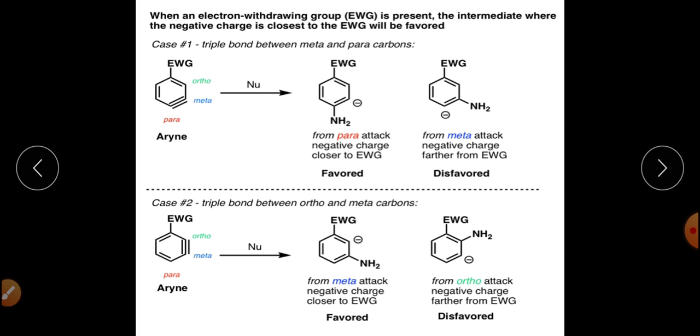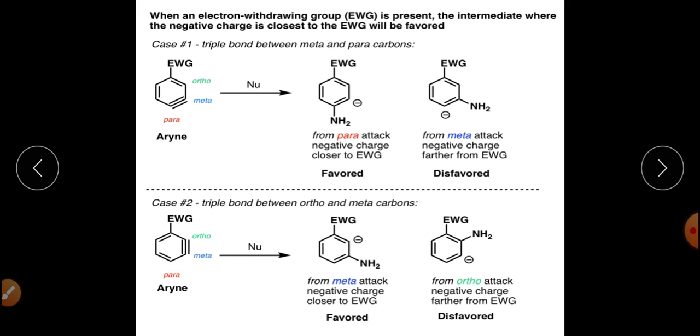Now, what will be the stereochemistry of the product? What will be the direction, if we are talking about the major and the minor product formation in this mechanism? How can we predict which product will be synthesized during the benzyne mechanism, the aromatic nucleophilic substitution benzyne mechanism? So when we talk about the first category, for example, category number 1,